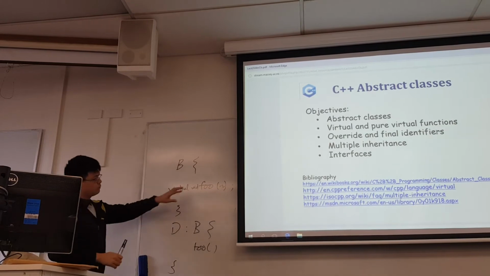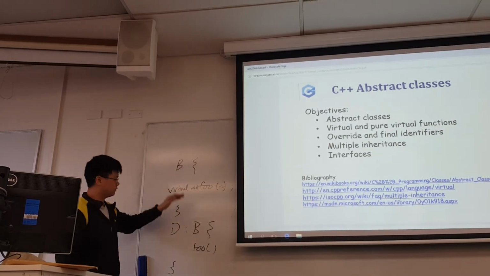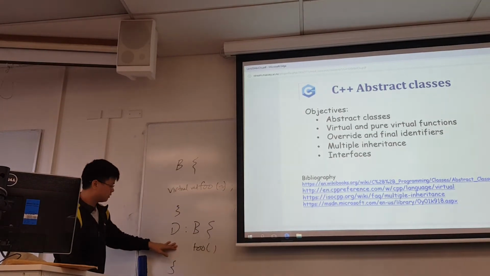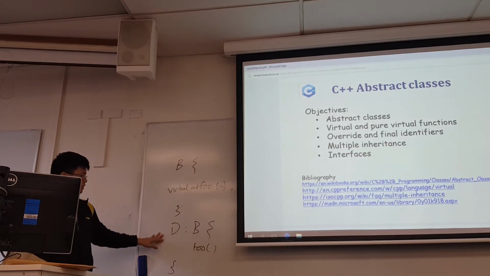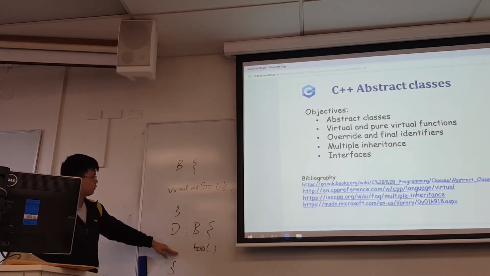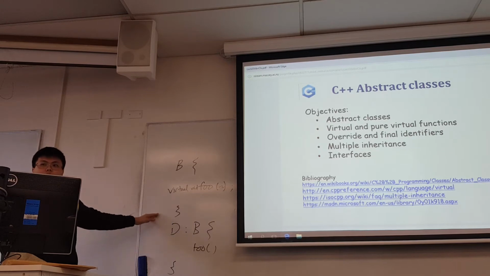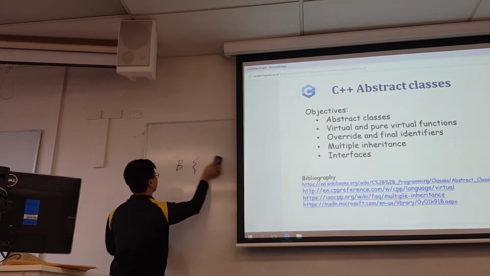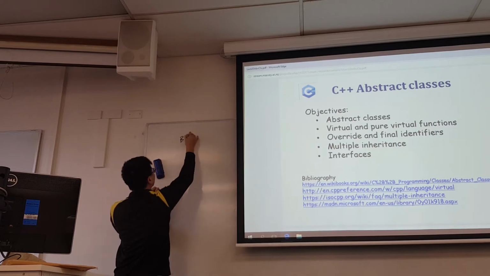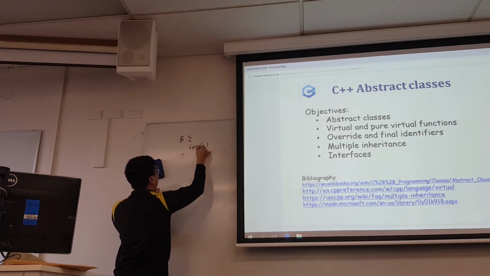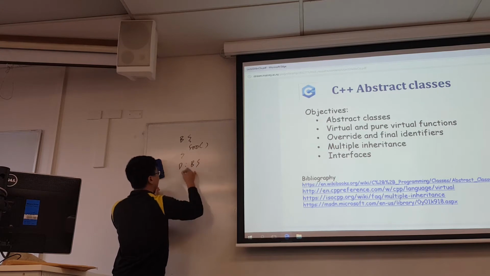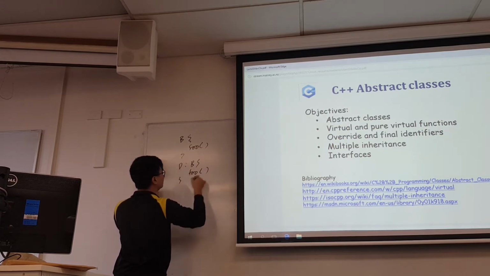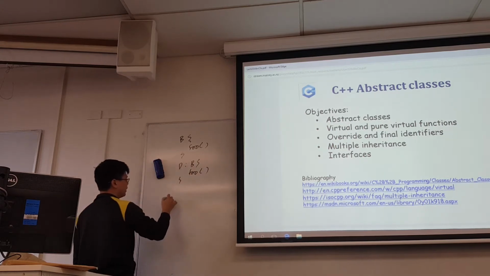What happens is you end up with two functions, one for B and one for D. Depending on what type of instance is created, one of these functions will be called. So when you have a D object, you have B with foo, and you have D with an overriding foo as well. If we have a B object,